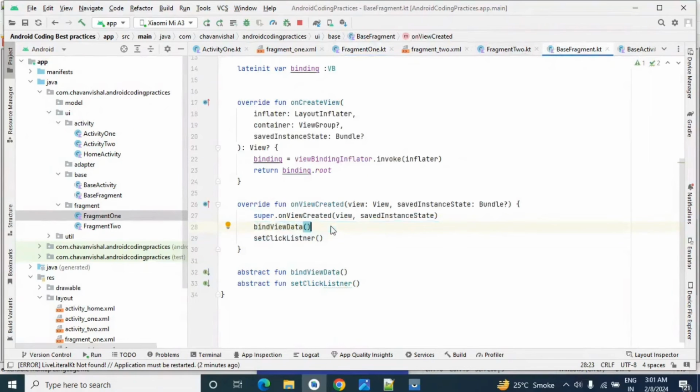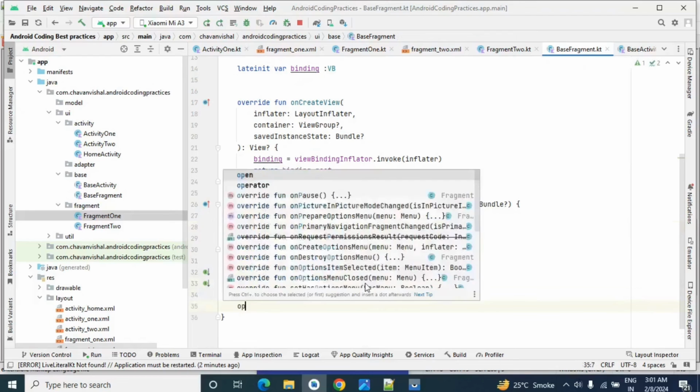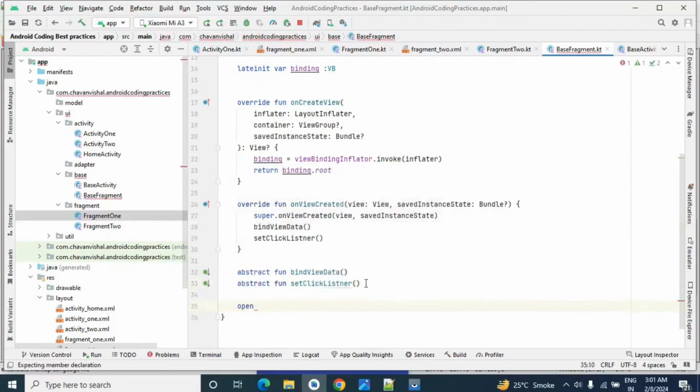Let's create one method here to observe some data. We will not declare it as abstract because this method is not necessary to implement in each and every fragment. So suppose I write open fun set observer. This is not an abstract method.